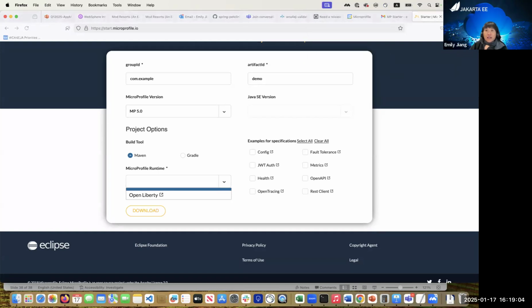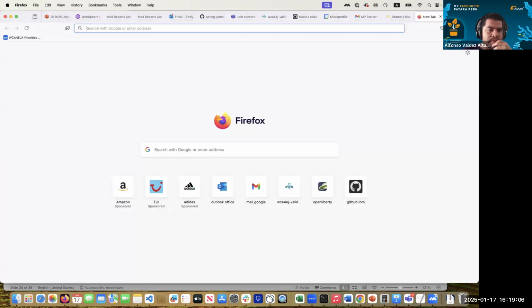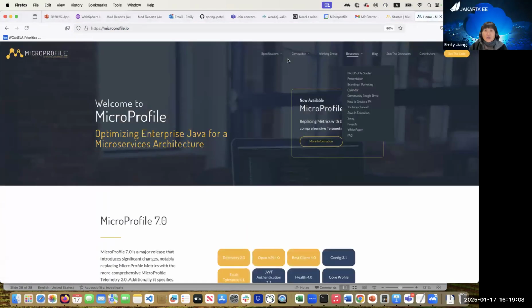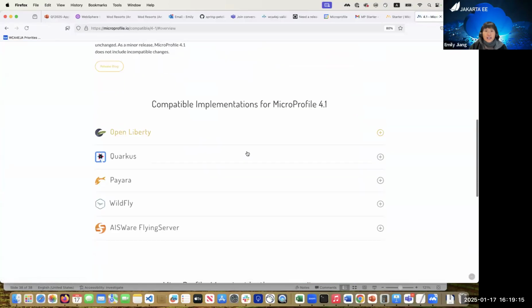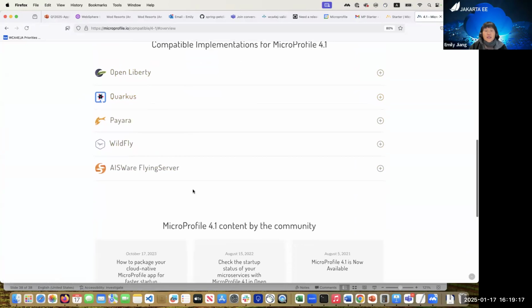It's up to the company to put their runtime here. So basically it's in compatible implementations, for example Thorntail, and there's a lot more. So they have to be a contributor to that, because only